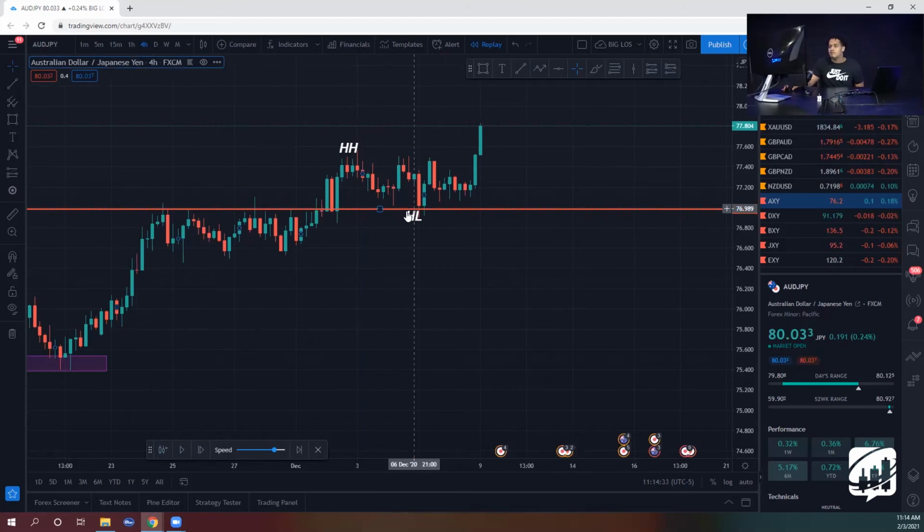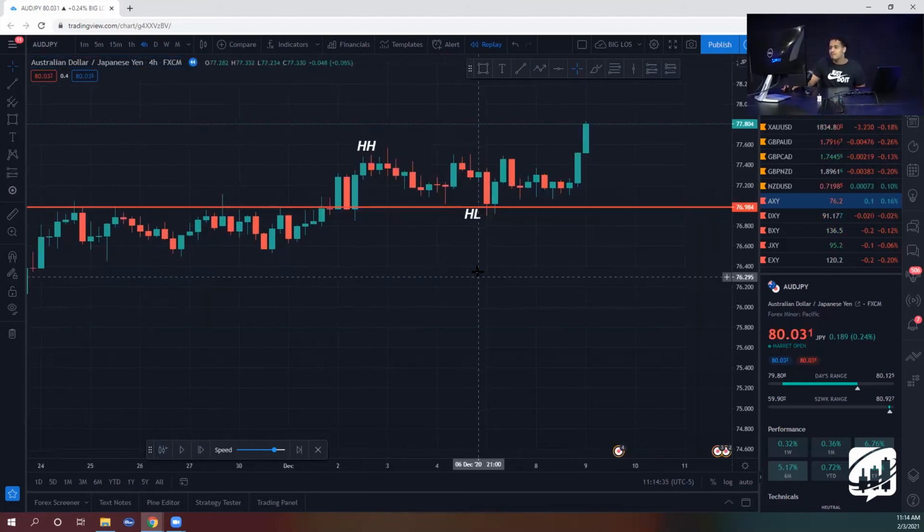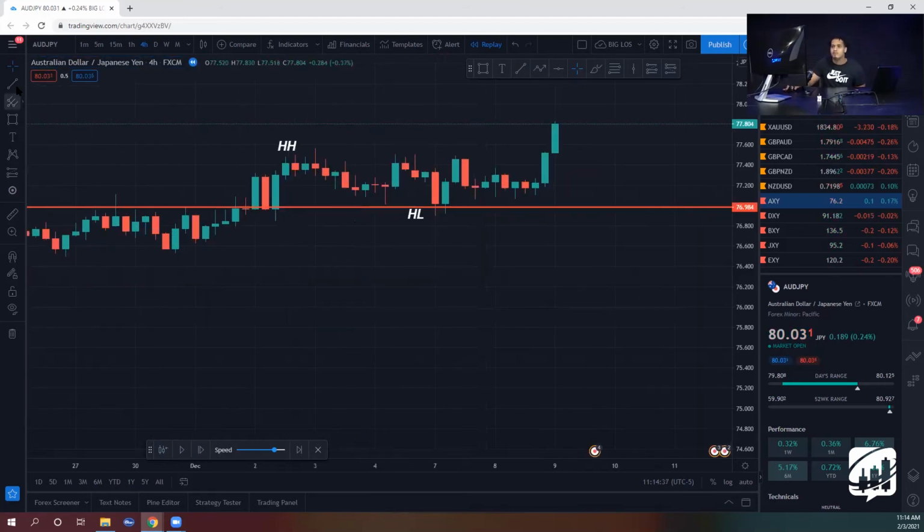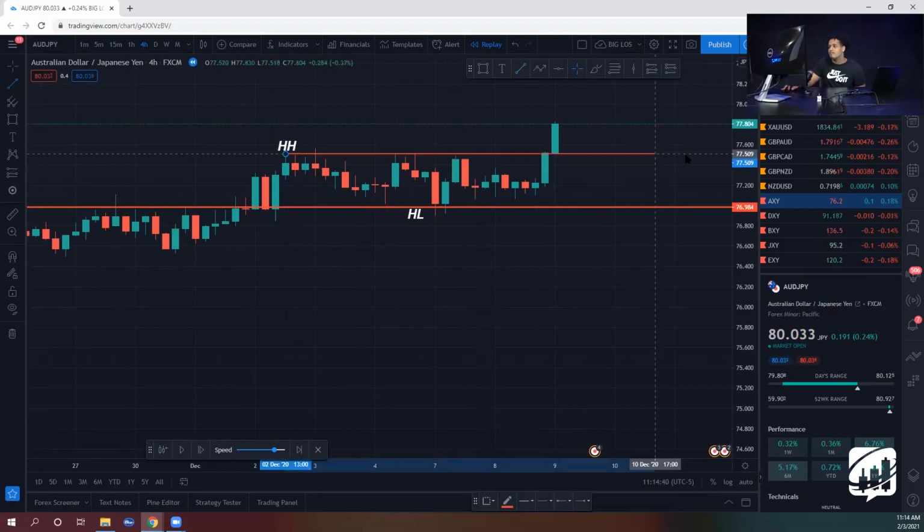Okay, last example before we move on to the downtrend. You see, we have our higher high broken. So boom, you have your higher high broken. Put a line, and wait for the retest to come back and retest the previous higher high. That's where you're going to enter the trade.